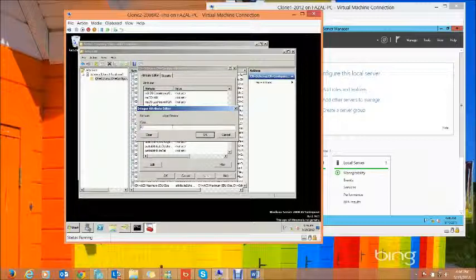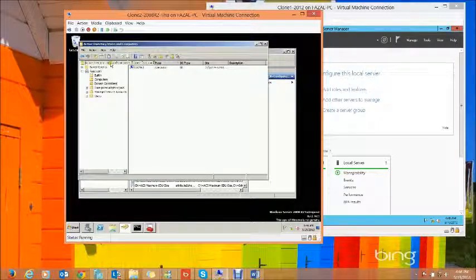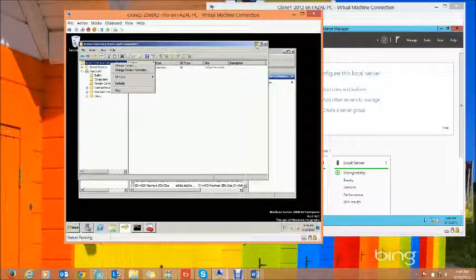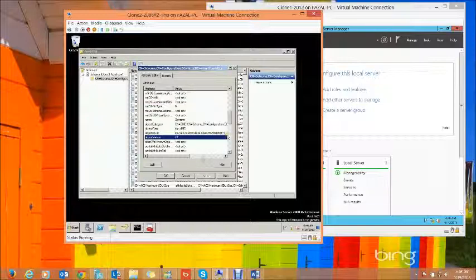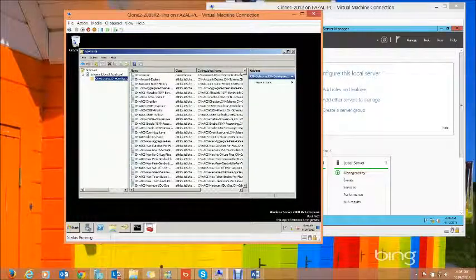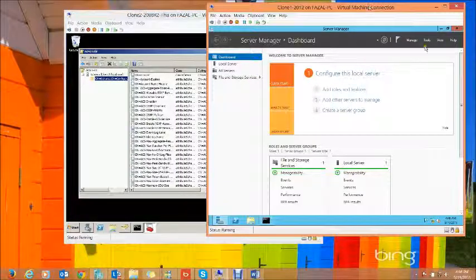Our object version right now is 47, which tells us that our schema version is Windows Server 2008 R2. Once the schema is modified, this number would move to a higher number which corresponds to a new version of the schema. And remember, this version is 47 right now. Now, what we will do over here is promote a new domain controller.